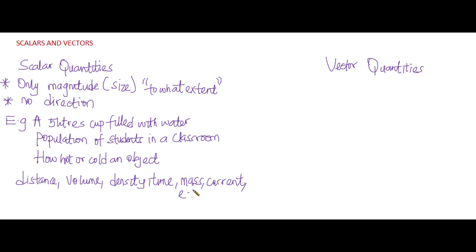We have a lot of them like that. So we can notice that scalars only have size, and if you look at each of these quantities, there's no correlation with direction. But vector quantities are quantities that have both